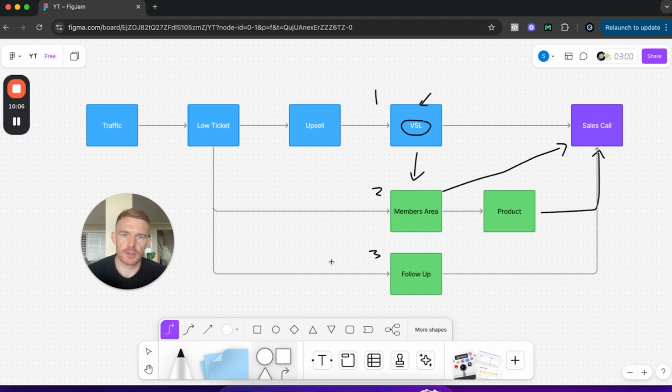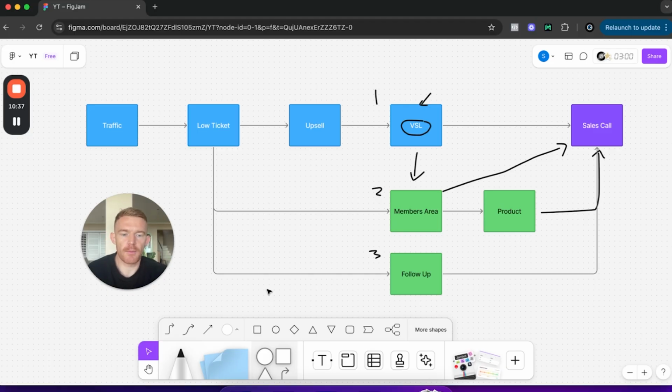And then the goal is to qualify them and book them in for the sales call. So those are the three ways in which we can do it. Every single person running an offer like this can do 1, 2, and 3. And if you've got a sales team, you can implement the sales follow-up as well. If you've got dialers and setters who are hungry to dial the buyers, that is going to get you the most volume through the funnel, right? But even without a sales team, you can still make it incredibly profitable if you implement the other stuff.